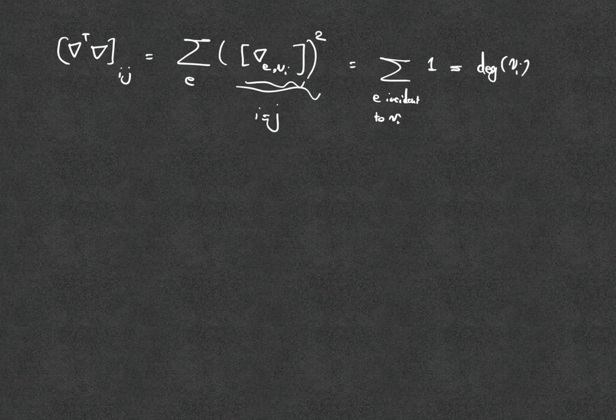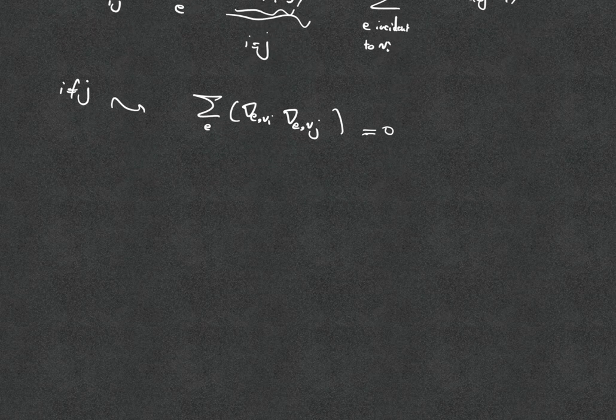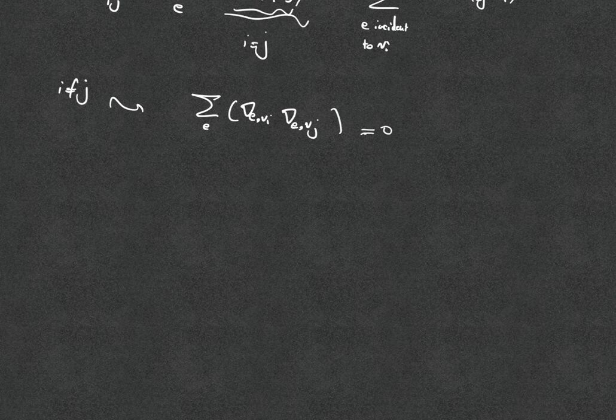In the other cases, let's say I is not equal to J. Let's say there is no edge between I and J, or VI and VJ. Therefore, in this part you're going to get this. And since there is not a case in which both of these are non-zero, this is going to be 0. But when there are edges like that, what's going to happen is essentially this. You're going to have this.